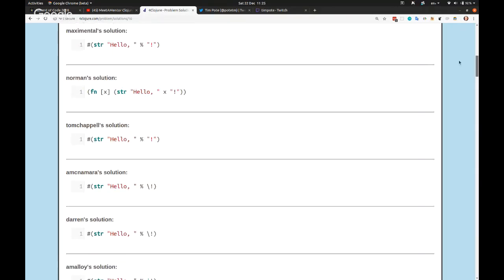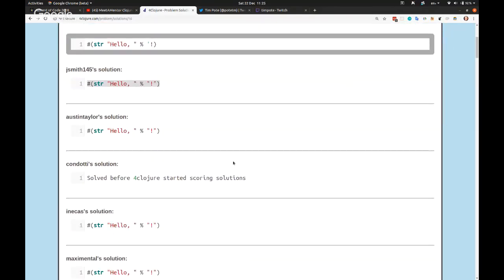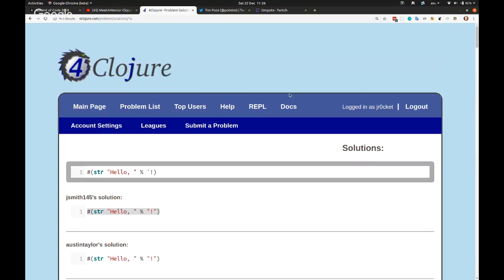how anybody's done it, unless it's counting some of these things that were solved before 4Clojure started scoring solutions. So there might be the odd trick there, but I think if you made it any smaller than this, then it would just be so cryptic you would wonder what on earth you were trying to do as well. So I wouldn't worry too much about